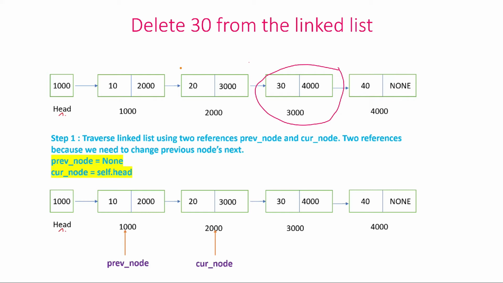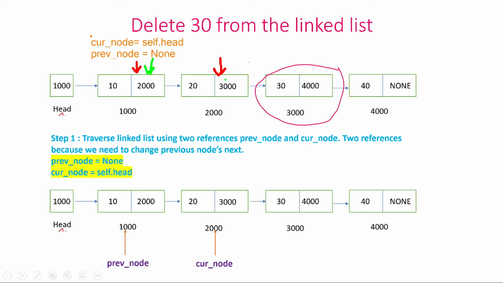So prev node is the one which is going just one node behind the current node. Initially, current node is self.head and prev node is None. Now let's begin the traversal again. Initially current node is here. I am denoting current node by red. So here's current node and prev node is pointing to None. Let's move it by one node. Now current node is pointing here. Where is prev node referencing? I'm referencing it by green. So it is just previous to it.